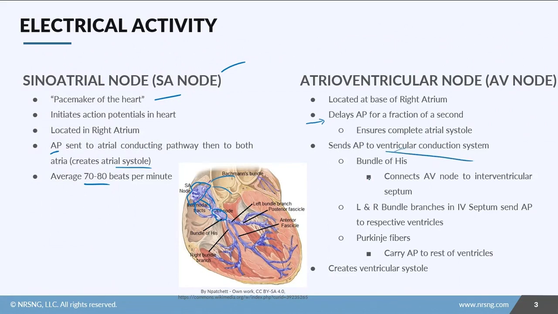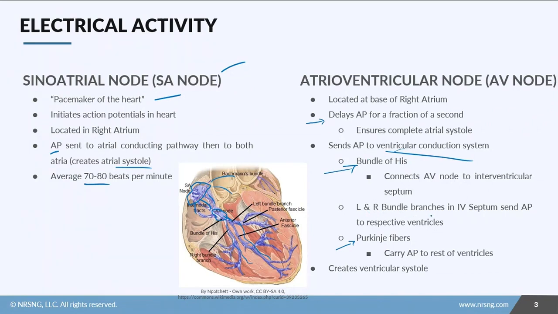Now, the ventricular conduction system is broken up into pretty much three things. You've got the bundle of His, you've got the left and right bundle branches, and then you have these things called Purkinje fibers. If we look here, here's the bundle of His, which goes down this way. The bundle of His connects the atrioventricular node to the interventricular septum, which is this structure right here. The action potential is sent down the bundle of His,